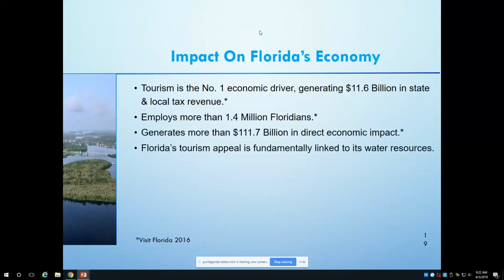So as you realize, Florida is very tied to water resources. People come here for the sun, sand, and surf, and to enjoy our rivers and our springs. So any kind of